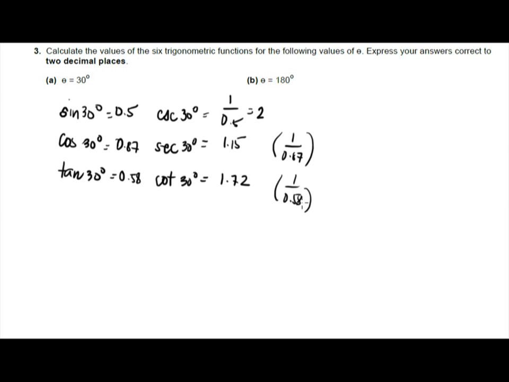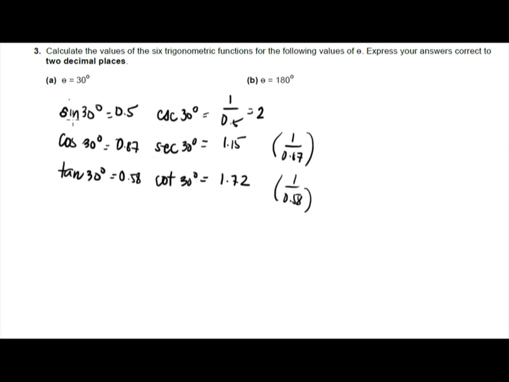So just to summarize, if you're given an angle and you want to find the 6 trigonometric functions, that means you're asked to find sine, cosine, tangent, cosecant, secant, and cotangent. The best way to remember this, because sometimes there is a difficulty in remembering which one is the reciprocal of sine, which one is the reciprocal of cosine,